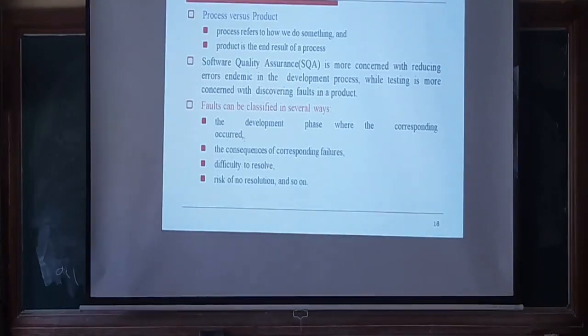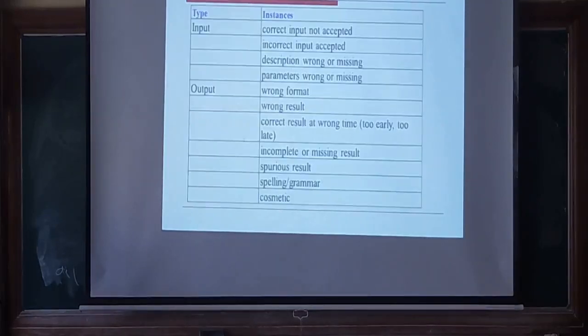Okay, faults which are related to the development phase, or faults which are the consequence of some failures, or the difficulty to resolve those faults, or the risk of no resolution. So IEEE has basically divided the faults into various classes, categories. So we can find out some parts of those faults, or we can identify some important faults which can be divided into those categories. Okay. So input-output faults,